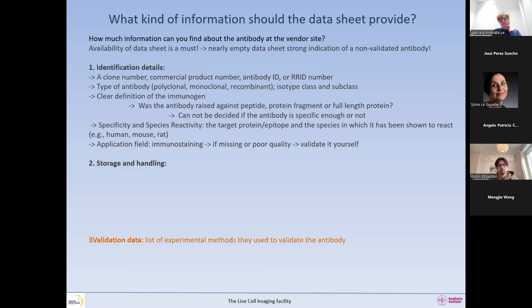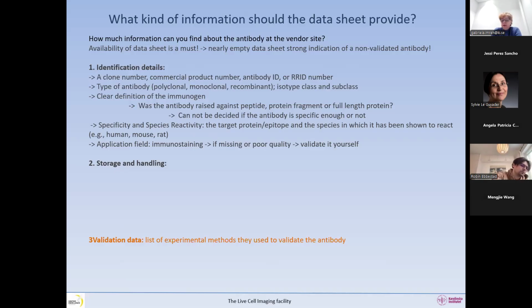Of course, the type of antibody, to know exactly if it's a polyclonal, monoclonal, or recombinant nanobody, and the isotype class and subclass,